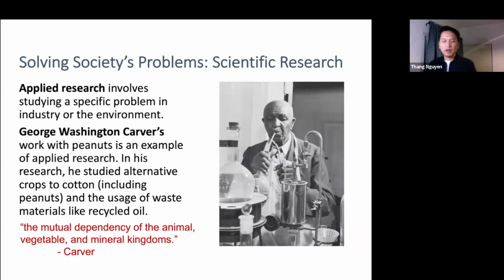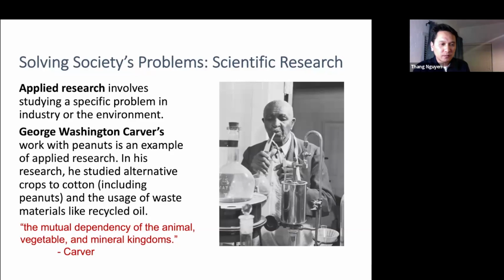So now let's move on to describing further the two types of scientific research. The first one is called applied research, and this involves studying a specific problem. You have a problem in society. The problem often is in industry or the environment, and you try to find a way to solve that. Right? It's very solution oriented. So oftentimes you think about drug companies, that's applied research, or the hospital studying cancer, that's very applied research. They have a problem they want to solve, and therefore they use a scientific method to find the answer